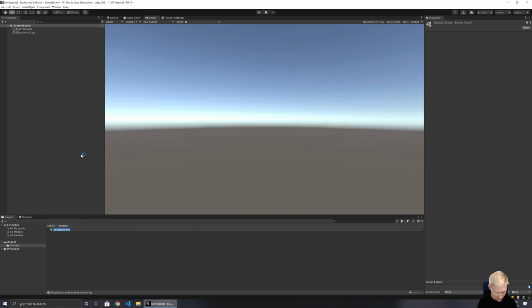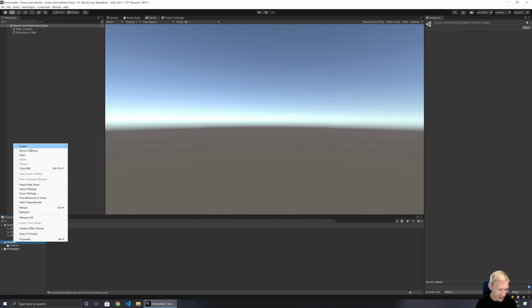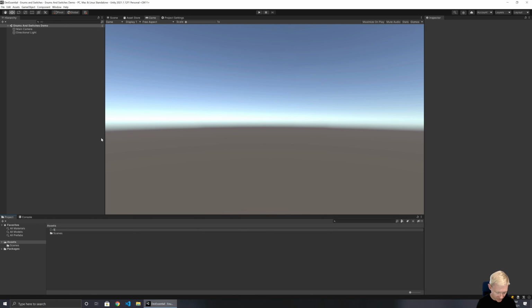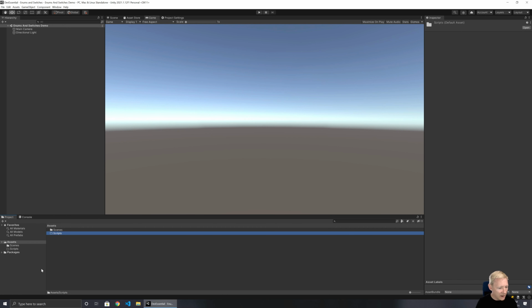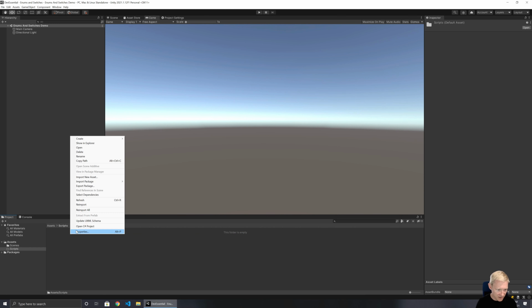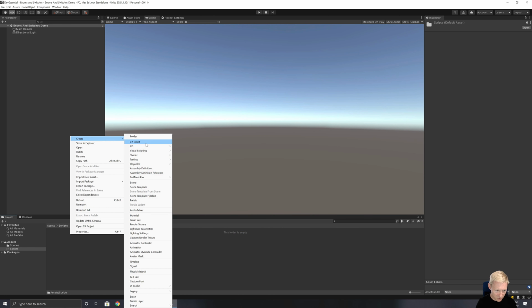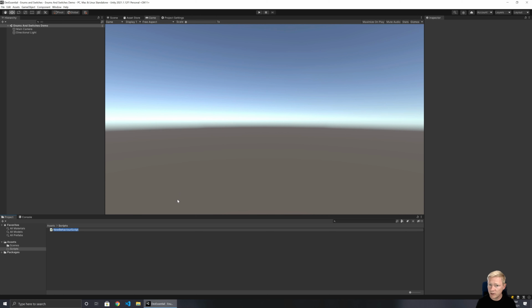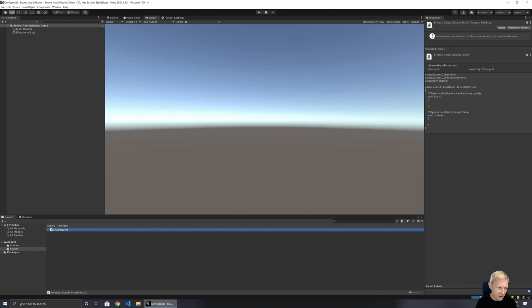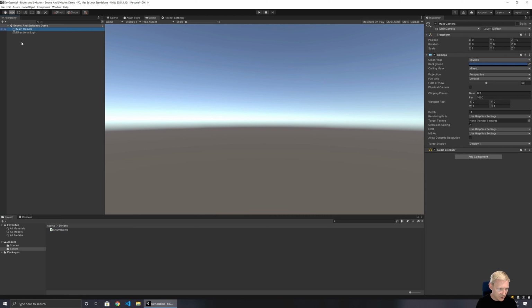So I'm just going to rename this scene switches demo. Just got that in that scene, and as always, put my code in a separate folder. So what I'm going to start with is a script that is just going to be about demonstrating these things called enums. So enums demo. So enum is short for enumeration,